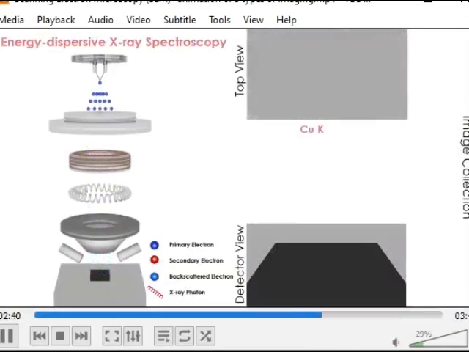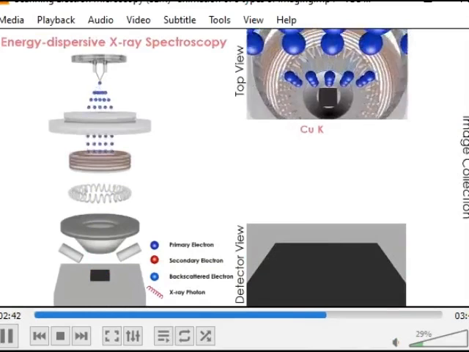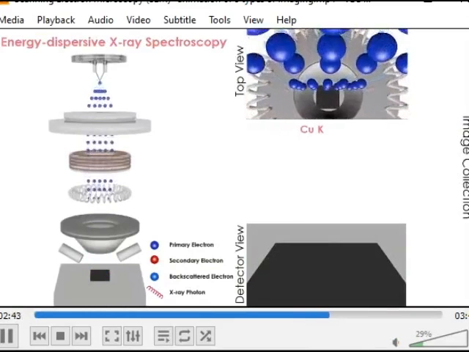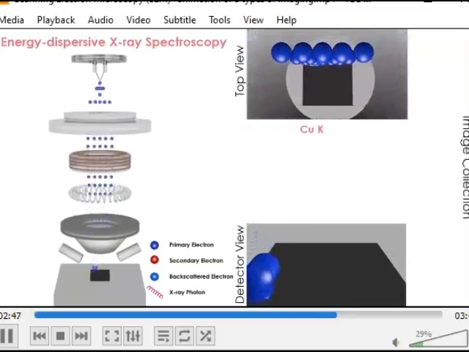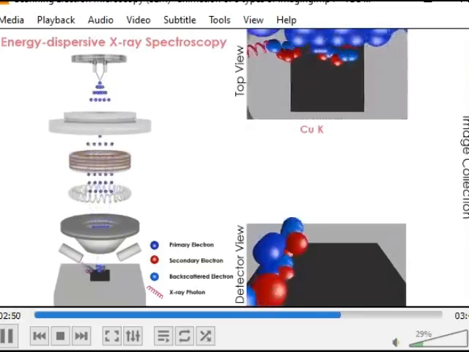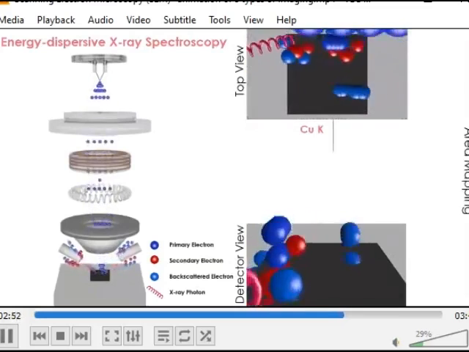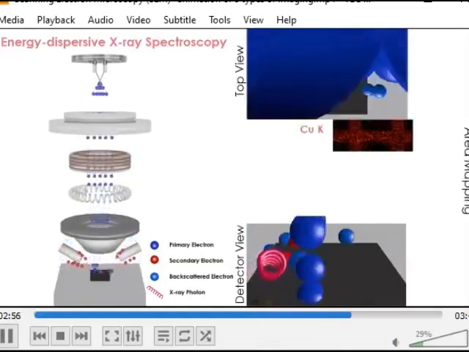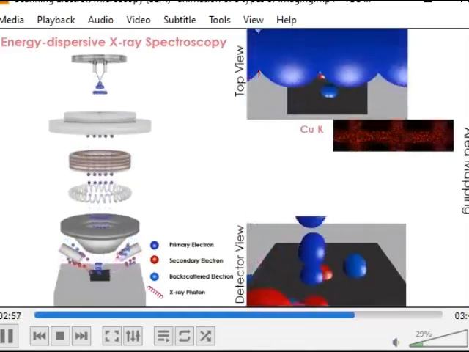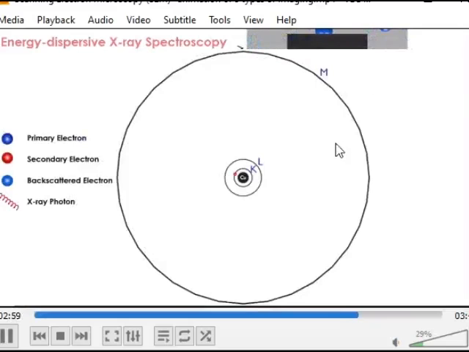Next is energy dispersive X-ray spectroscopy, where primary rays are emitted. Here you can see the image being generated by the energy dispersive X-ray spectroscopy.